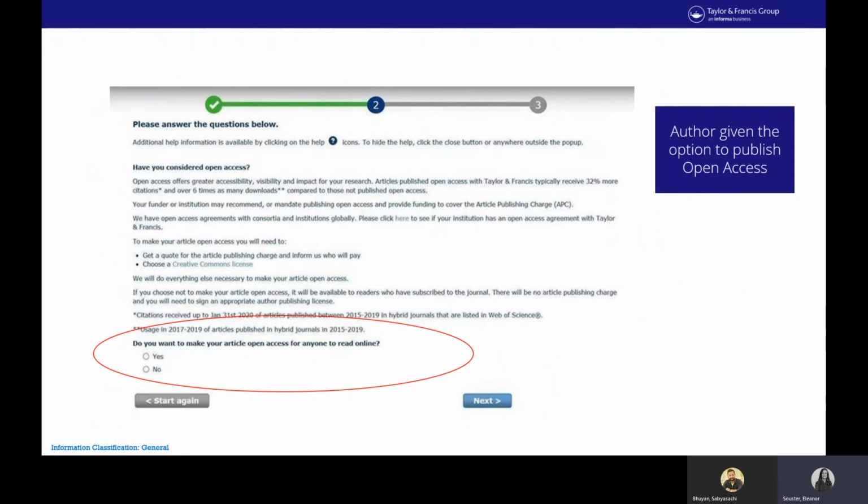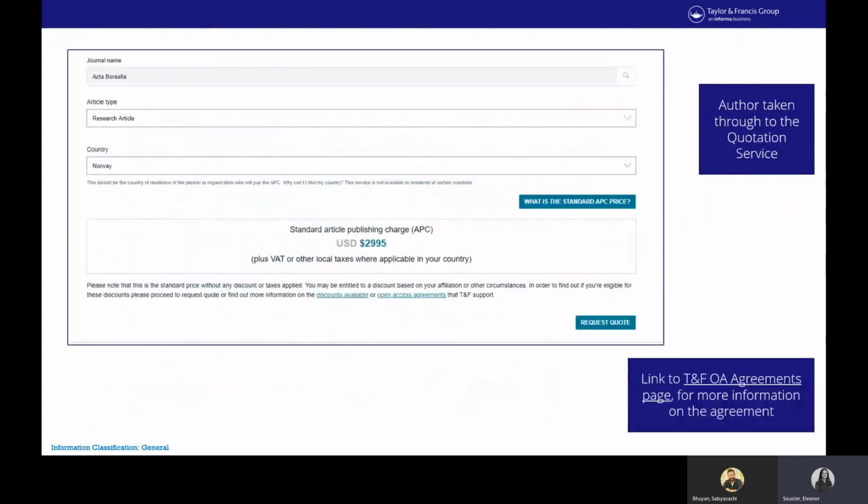So if the author wasn't sure about what it entailed or wanted any more information before selecting yes to open access, we make it clear to them at this point to go through and do a bit of research ahead of time. So if the author then selects yes to open access here, they're then taken through to this page where they have to put in the article type, the country that they're from, and they're shown here the standard